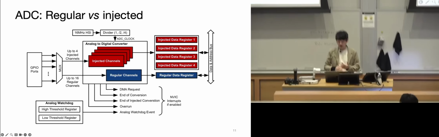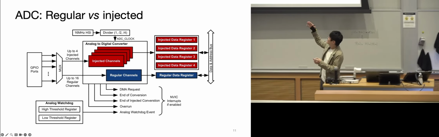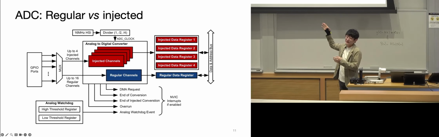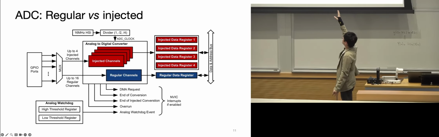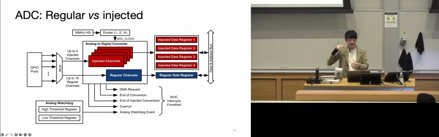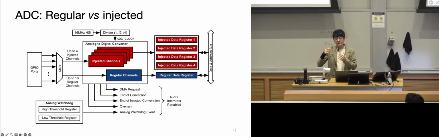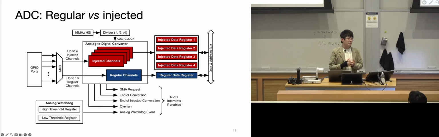So essentially, you can use this to, in a way, interrupt the regular ADC. It has a separate set of hardware and its own data registers. So the captured data between the regular and injected ADCs will not conflict with each other because they don't share the same data register. Usually the injected one just has a higher priority than the regular ones.